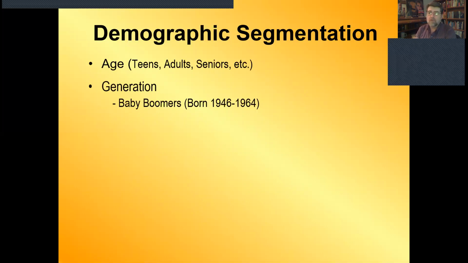The birth rate rises immediately after, and that's what happened after World War II. There was a huge increase in the birth rate, and marketers have been following this generation for quite a while now. These were people who were maybe hippies during the 1960s and the yuppies in the 70s and 80s,